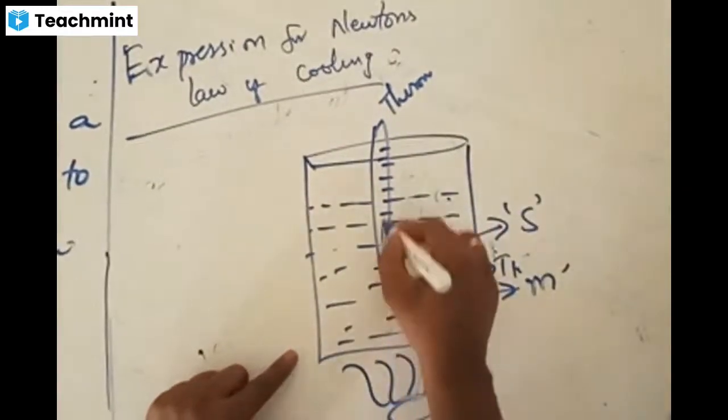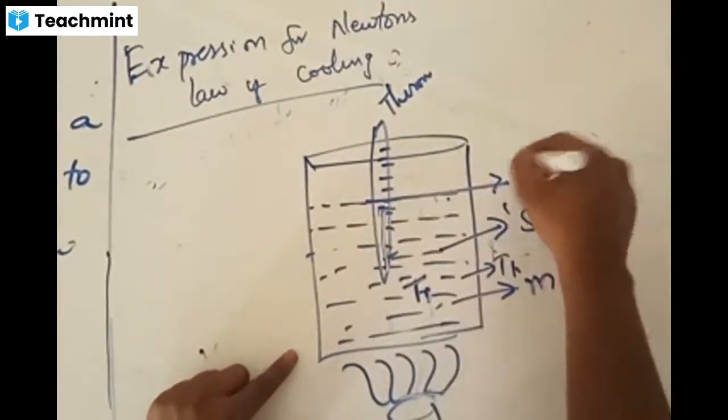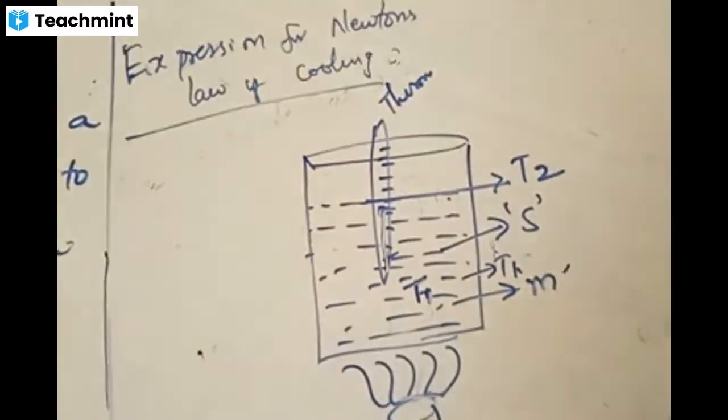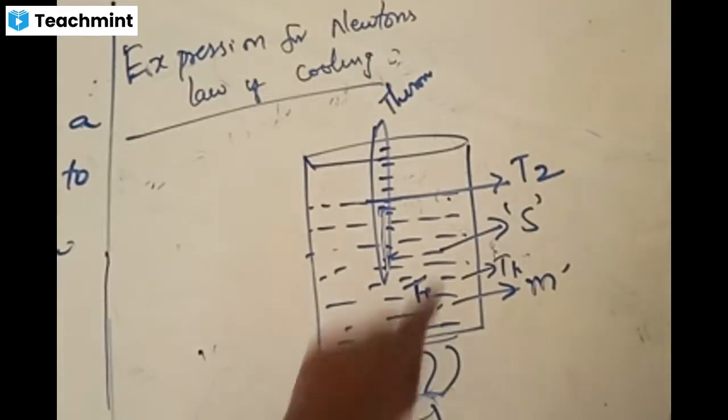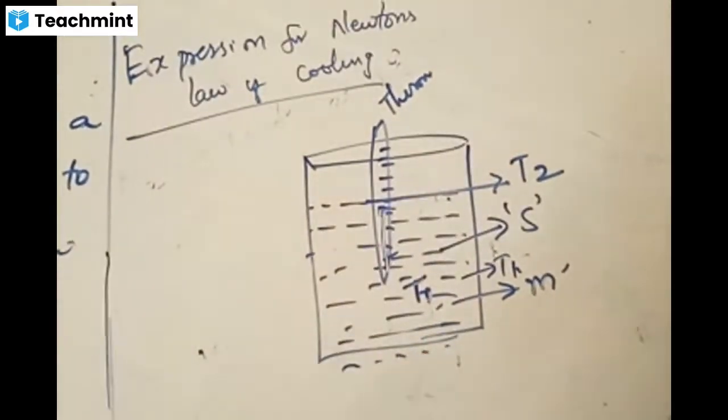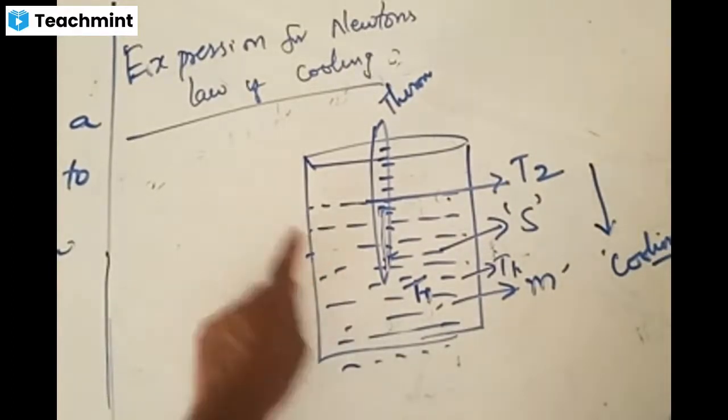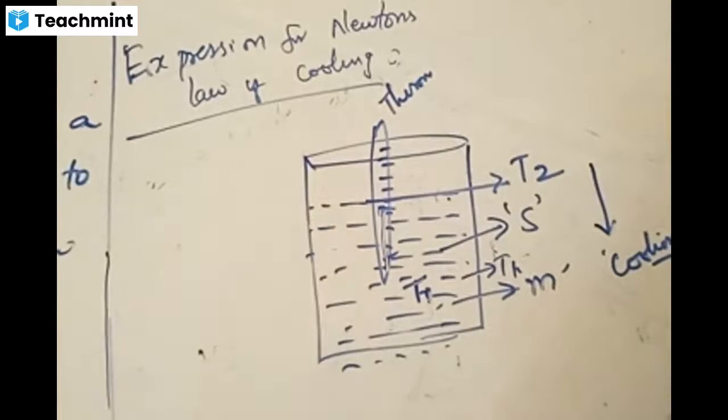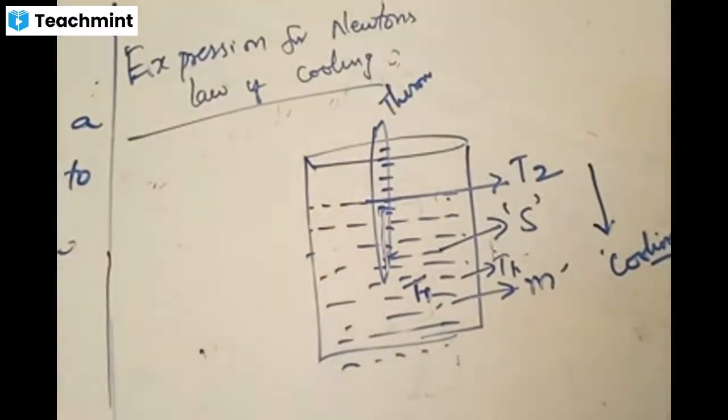Let us say temperature in this increases, and let us say it goes now to some new temperature called T2, final temperature. Now we are heating the content up to what temperature? Up to the temperature of T2. Now, once it reaches T2, switch off the stove. Now this temperature falls, or the phenomenon of cooling starts. Once the temperature has reached a value of T2, we are switching off the stove. It now falls from high temperature to low temperatures, and the phenomenon of cooling starts.